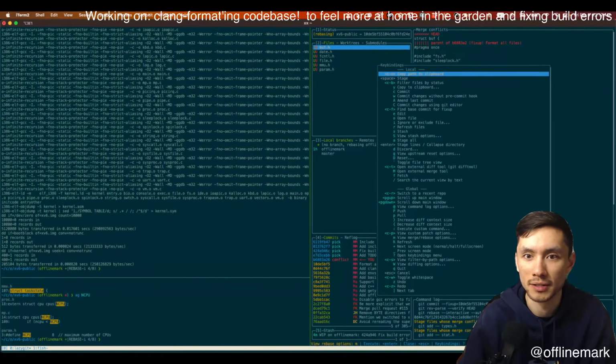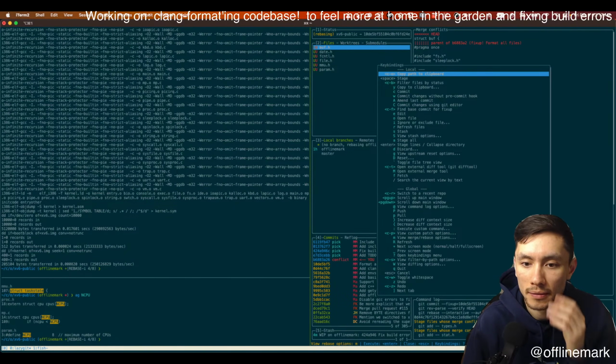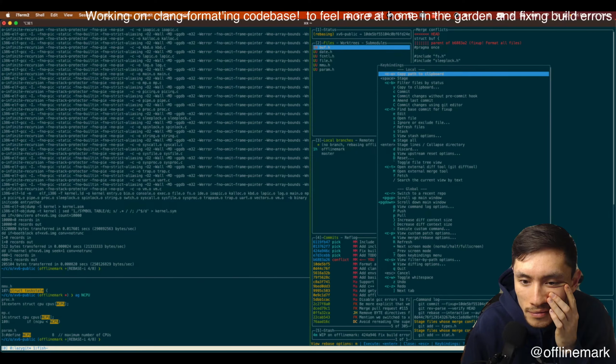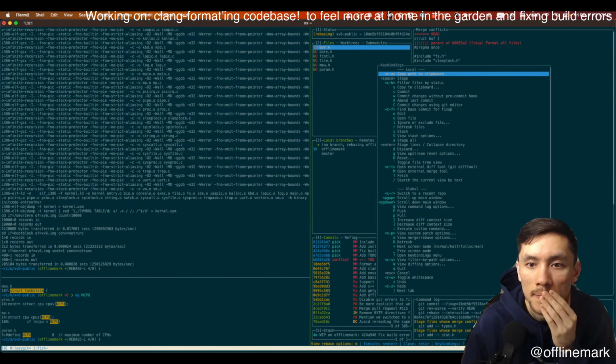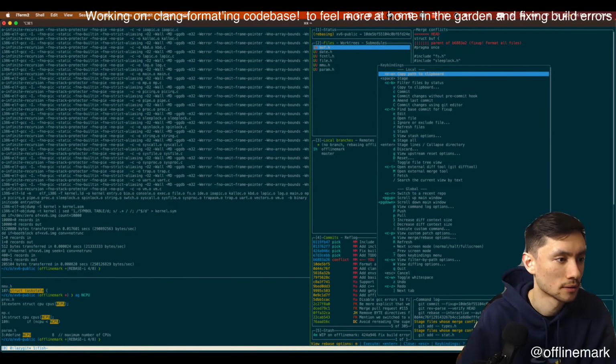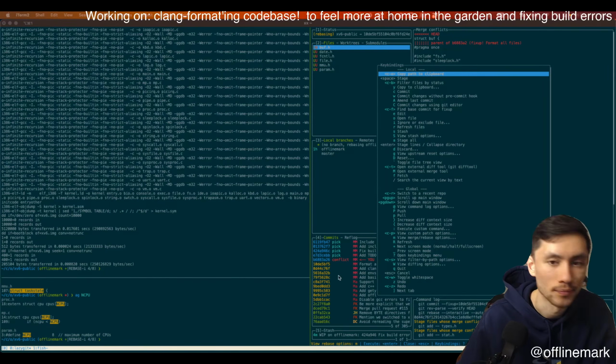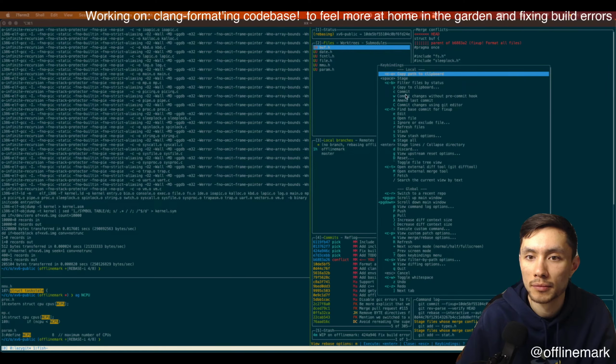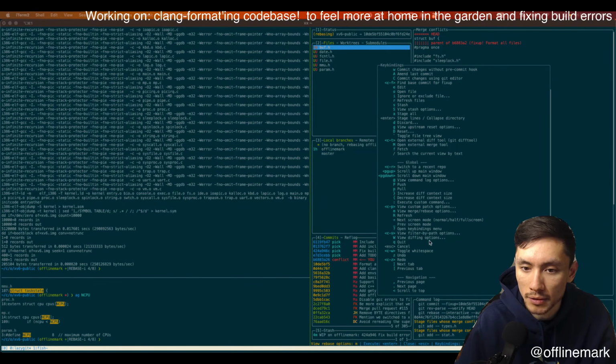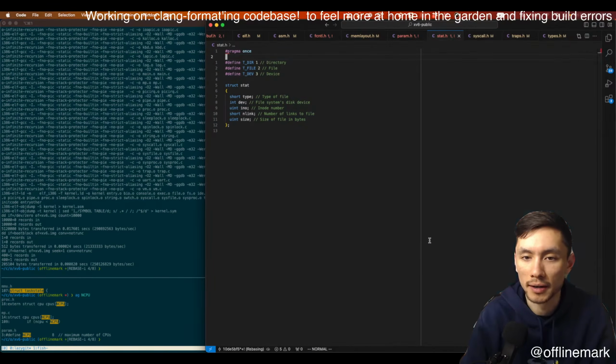I think. Can I resolve this even in LazyGit? I'm just going to Google that real quick. LazyGit resolve merge conflict. Merge rebase options. I am not going to get bogged down.